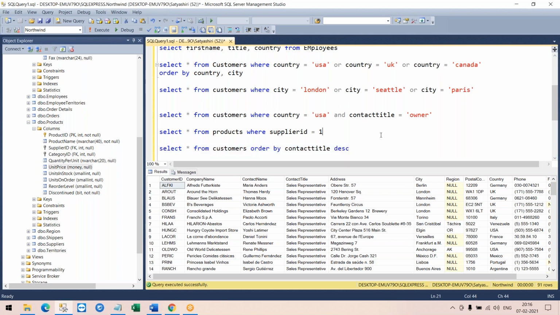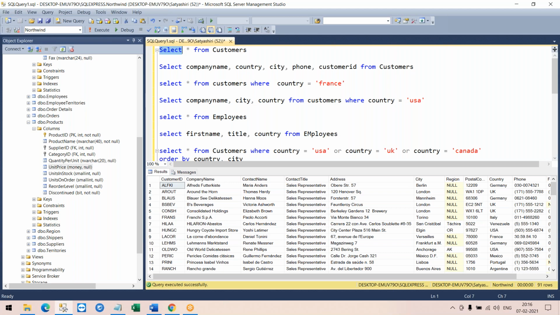So what all we studied? To fetch a data with the select command. If I want to fetch all column information, I would use star. If I want only specific column information, I would call out those columns. Then if I want to apply the conditions, then I would use a where clause.